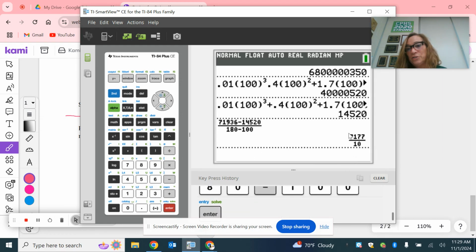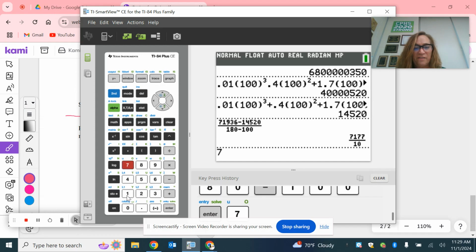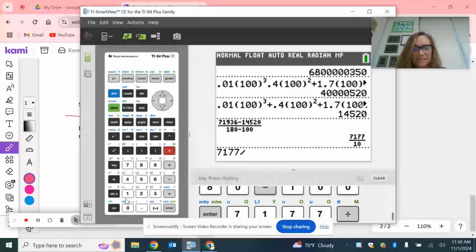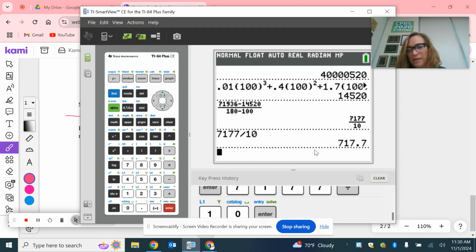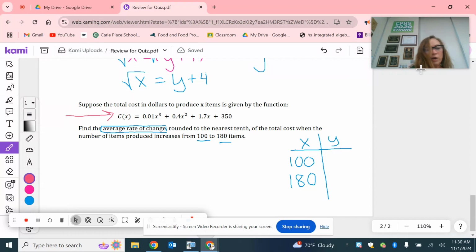Now, this is an answer. It's a great answer, but they do want it to the nearest tenth, so I just do division. I find that easier. You could convert it from a fraction to a decimal. That's another approach, but I just do it. I mean, you can divide by 10 by just moving the decimal point, so that's pretty simple as well. All right, so what I would write on my paper for my work is next to the x, I would write